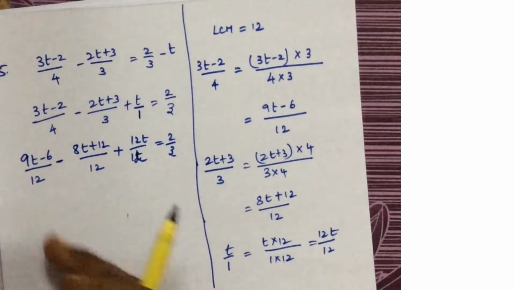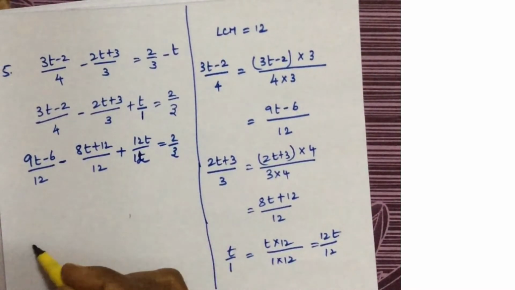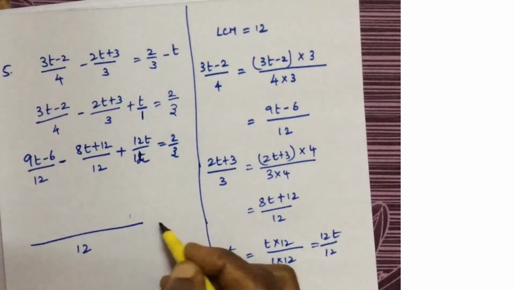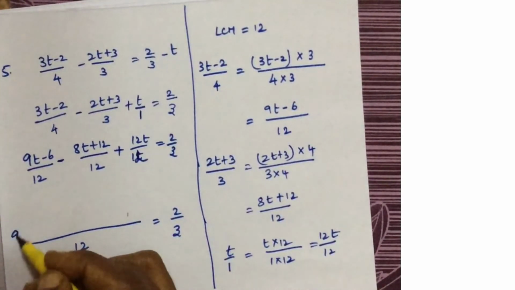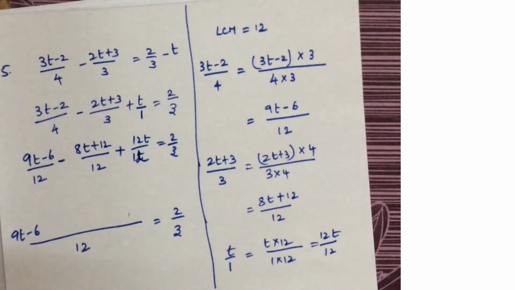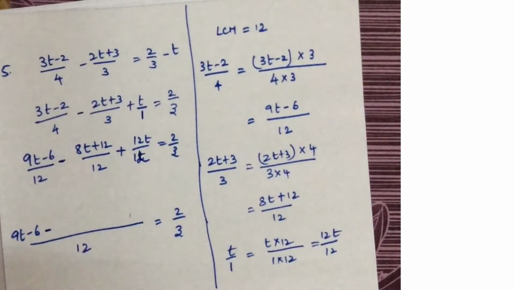Now, I am having 12 here. So, what I can do is taking 12, equal to 2/3, okay, 9t minus 6 minus, now the